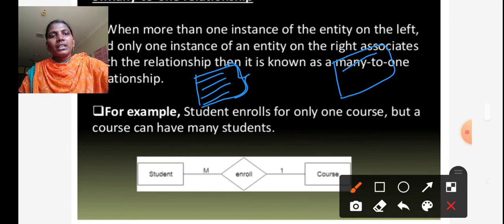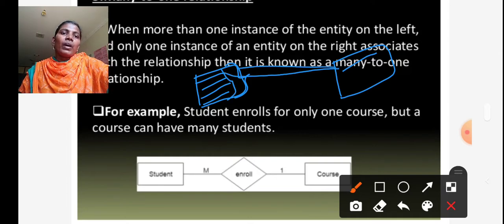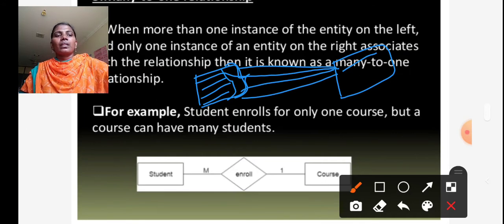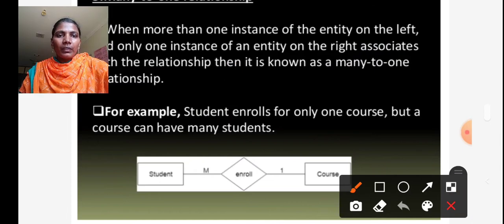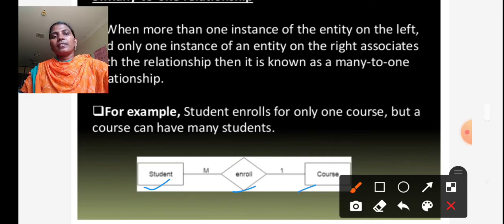Many instances from the first entity and only one instance from the second entity is called a many to one relationship. The example for many to one is a number of students enrolled for one course. For example, BSc.